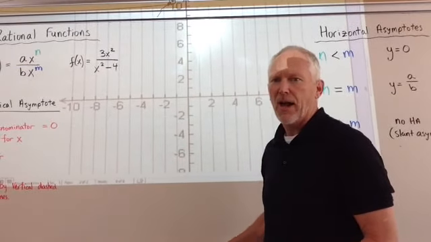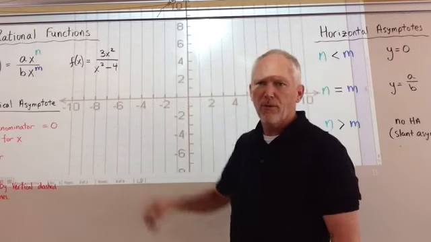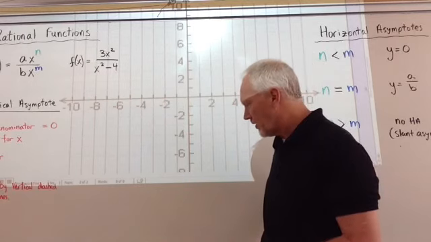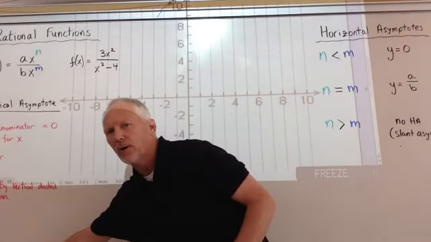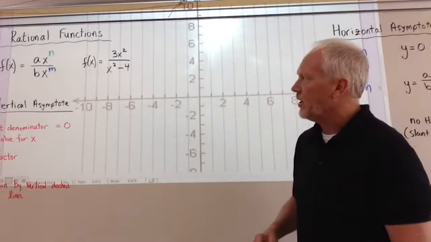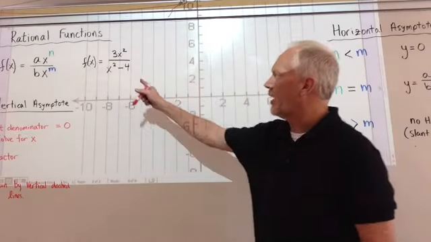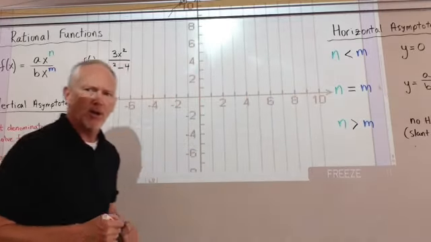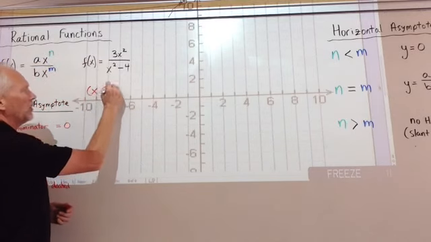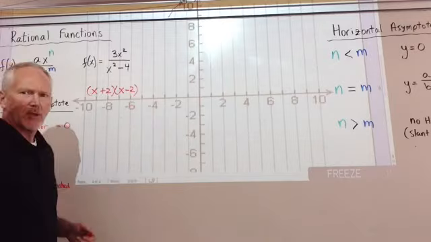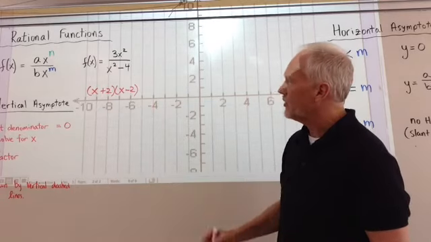So what we're going to do now is I have this function, 3x squared over negative x squared minus 4. Step by step, we're going to find out how we graph this rational function. All right, so first thing again is we need to set the denominator equal to 0. In doing so, I want to factor it, and we look at x squared minus 4, and I notice that x squared minus 4 can be factored into x plus 2 and x minus 2. Okay, so x plus 2 and x minus 2 were my 2 factors, and if I set those equal to 0,